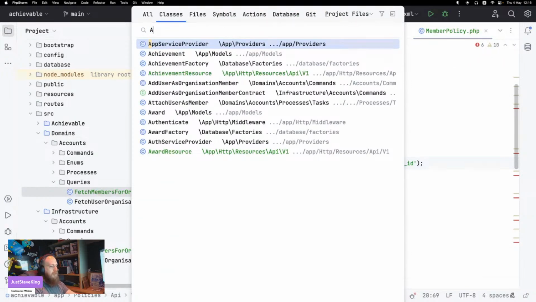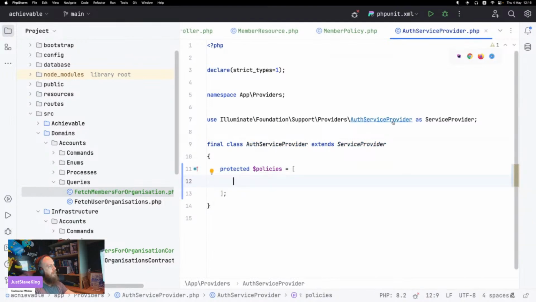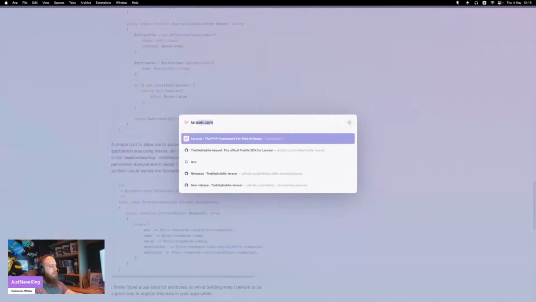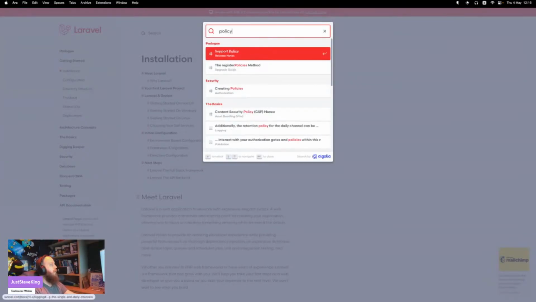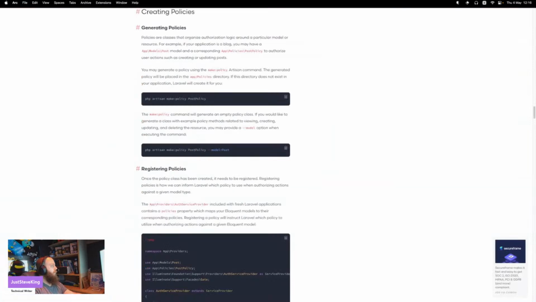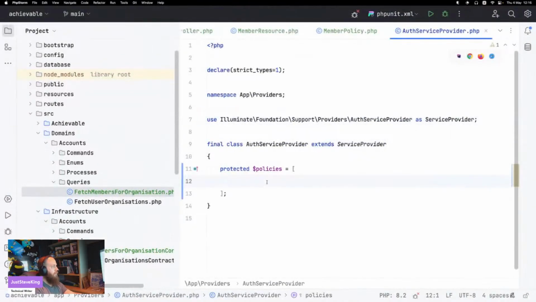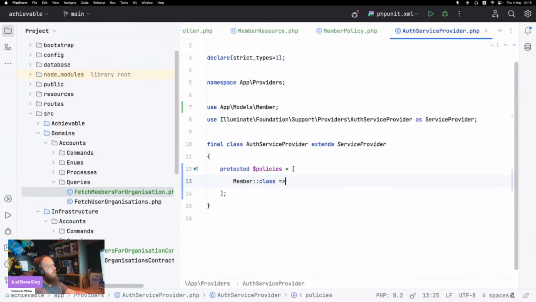So if we go to the auth service provider, we can register this. Which way round does this need to go again? Policies, class string. Can never ever remember. Let's go to the docs and let's just do a quick search for the policy. Model policy name. So member, class,